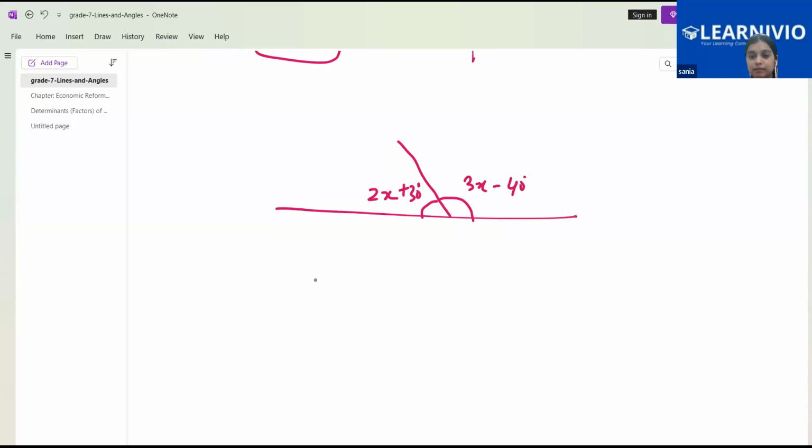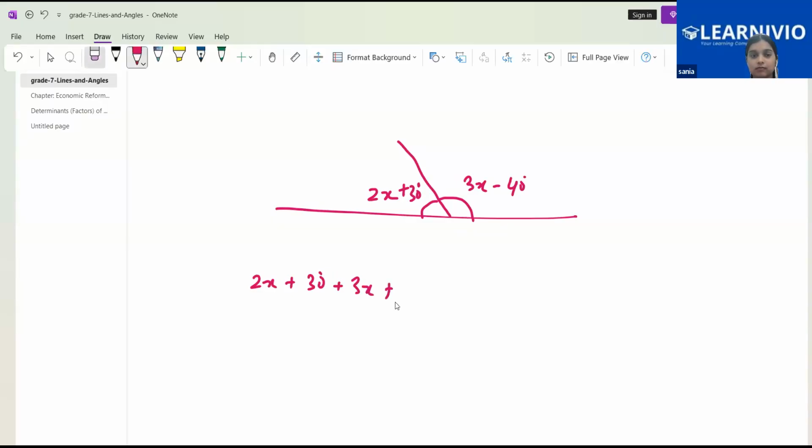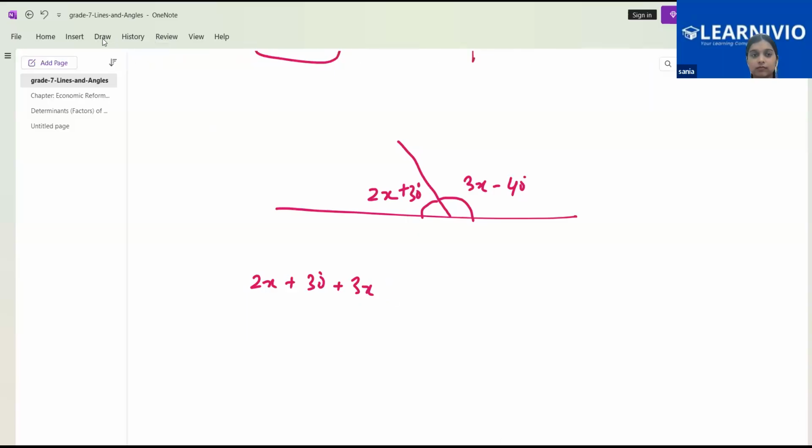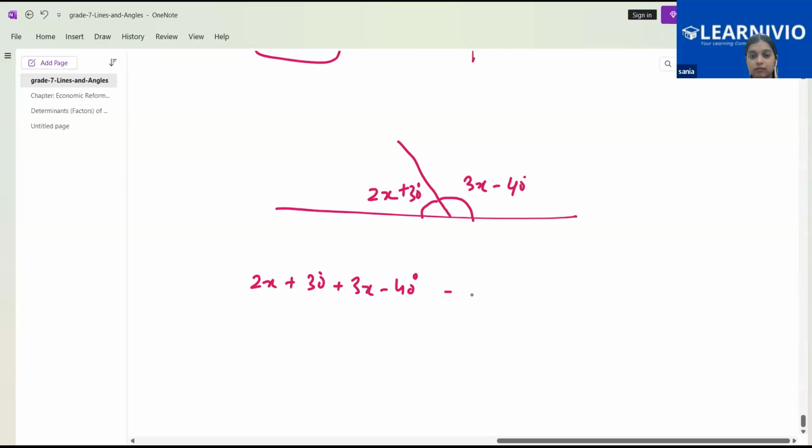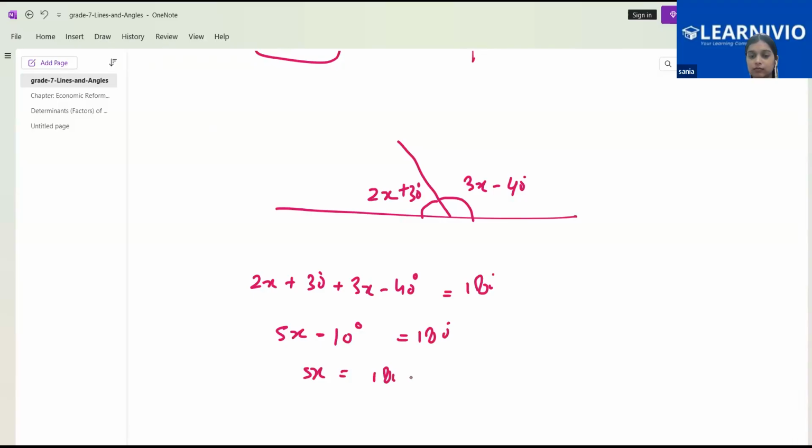So, ma'am, what I had to do was I had to find what it's equal to. So first, ma'am, I wrote 2x plus 30 plus 3x minus 40, and I wrote equals to 180. What I did first was that I did 2x plus